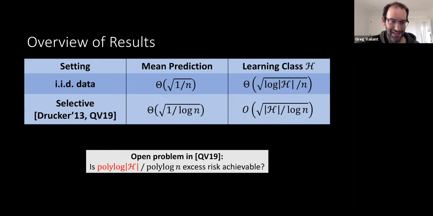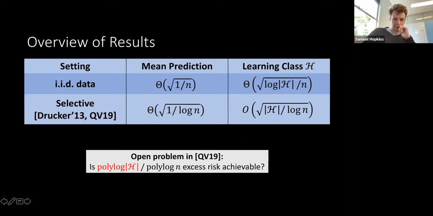Okay, so any guesses as to what the right answer is for the selective learning question? What should the dependence on the hypothesis class be? A bad guess is better than no guess. Okay, we have a guess of inverse Ackermann in the chat from the watch party. Oh, okay, nice. That's actually not such a bad guess.